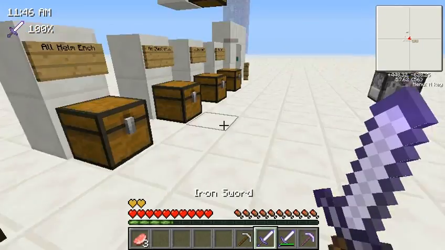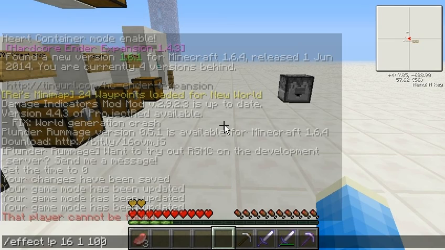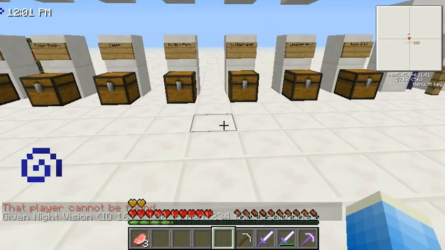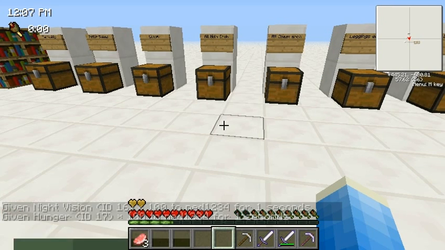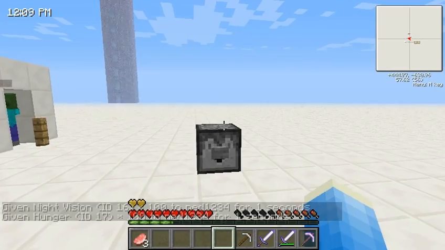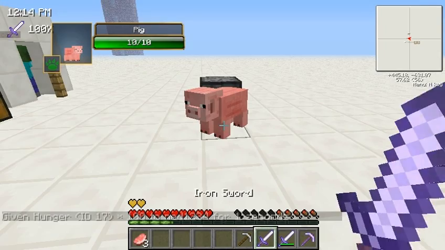Next, we have Leech. Now, first off, if I do... Oh, shoot. Typed in something wrong. That's night vision. I'm an idiot. Okay, should be... There we go. Okay, so Leech works like this. Basically, if you...